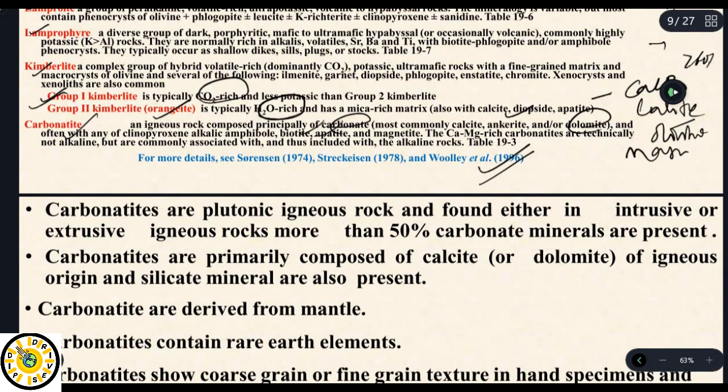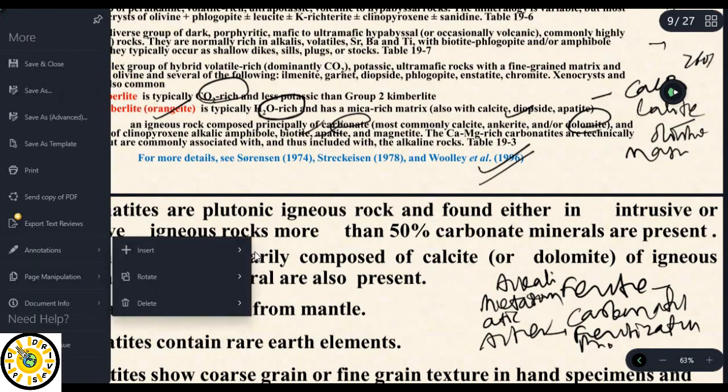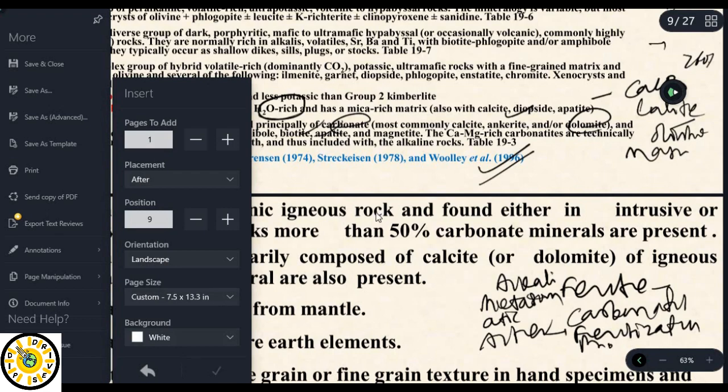Let's talk about something about carbonatite, because fenite is associated with carbonatite. It is formed due to the fenitization process, and fenitization is an alkali metasomatic alteration. And carbonatite is normally derived from the mantle. Okay, let me add some pages so that I can write. Fenite came up,